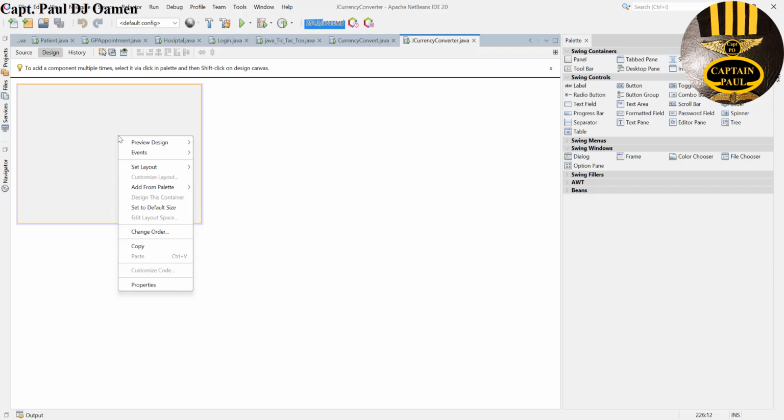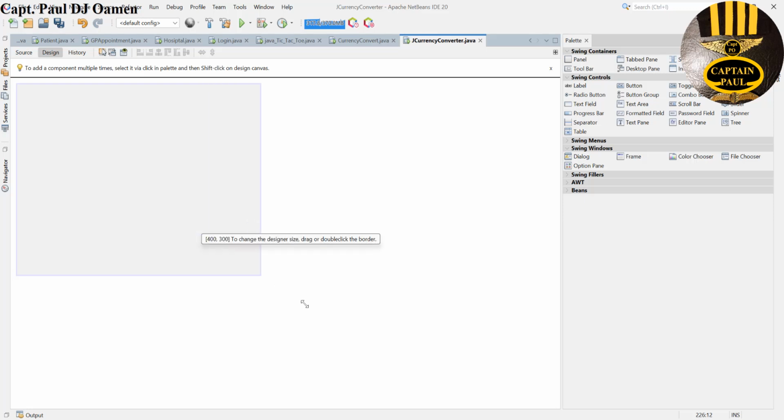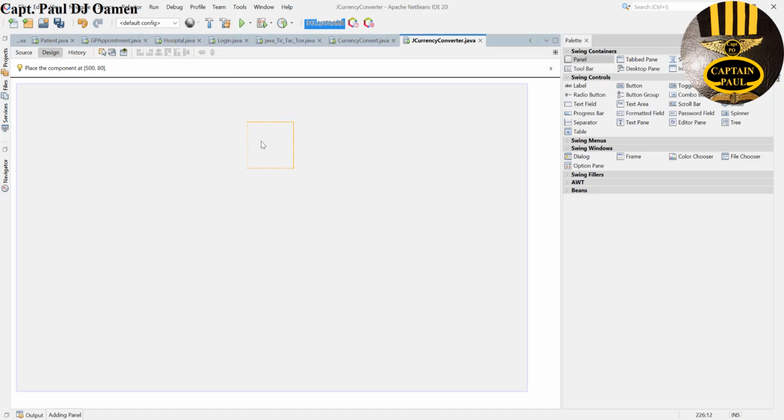So right click on this interface and let's select set layout. Select absolute layout. There. So just drag your form that much. I think that will do. Yeah, that will do. Now the first thing that I want is I'm going to go straight to the palette here and just select panel and drop the panel right there. Stretch it,